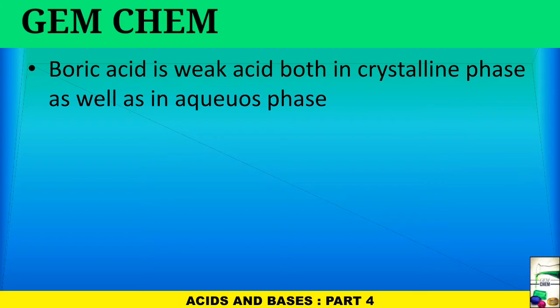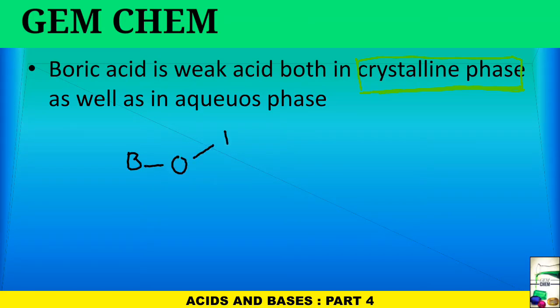Thus, it will be held tightly among the two acids, and their removal is very difficult and requires a greater amount of energy, and this accounts for the weaker acidity. So if we try to draw the structure, it will look like this: boron,